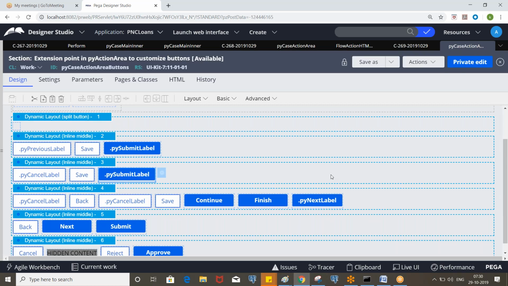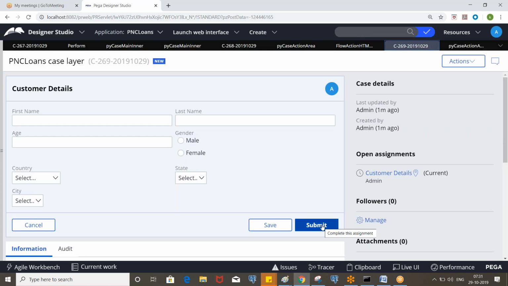So now I don't want to complete the assignment directly. Rather, I want to open some screen, and inside that screen I will put a button. When you click on that button, the assignment has to be completed. That means when I click on the submit button here, I need to see all this information in read-only format.